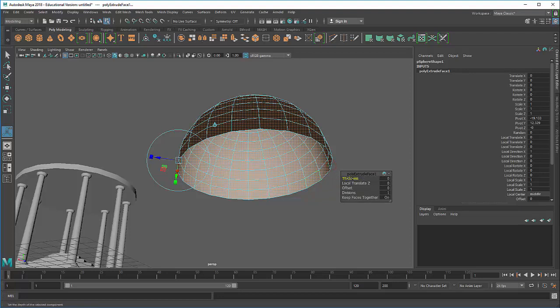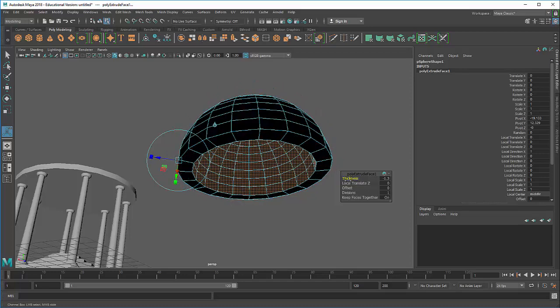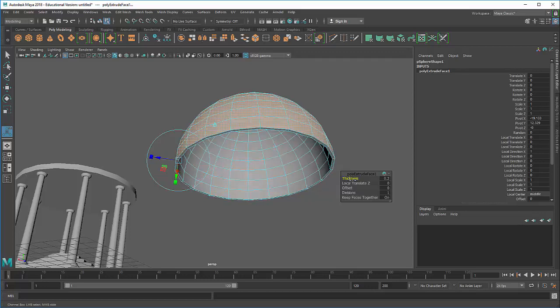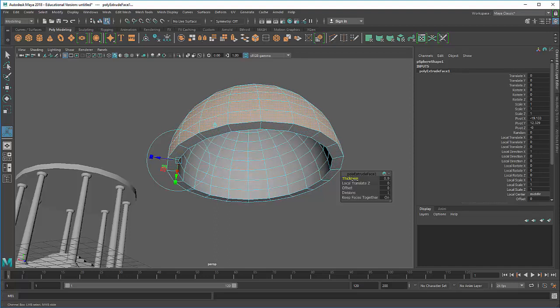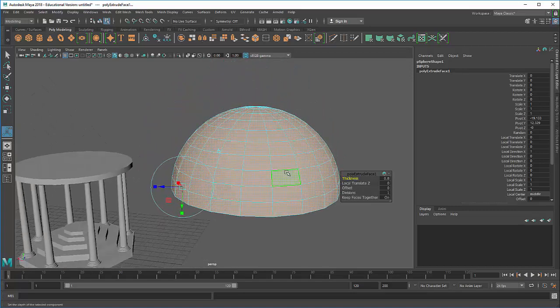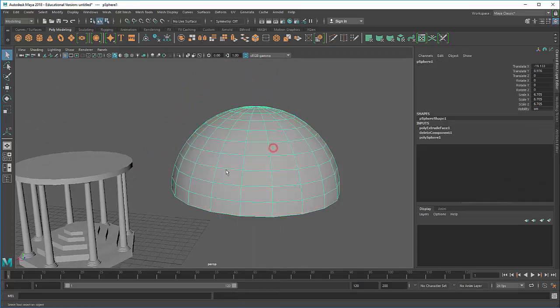thickness. Now I can just type in a number, but it's easier, I think, to click with just my mouse on the word thickness, and I'm going to drag to the right. I don't want to drag to the left. Notice how it turned black when I drag to the left. That means I'm actually seeing the inside, the back of the polygons. I don't want that. I want to drag to the right, and that's going to increase the thickness of that surface, which gives me a more tactile dome here. Once I've done that, I can right-click again and go back to object mode, and now I